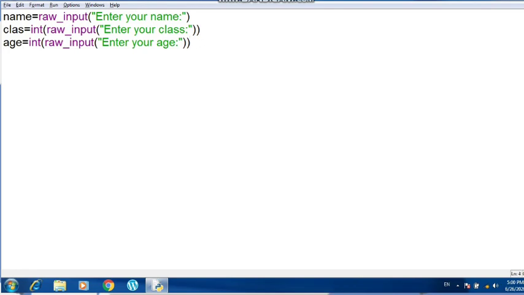Now I have to print it in the same line first of all, and then in different lines. For different lines we have to write the print statement thrice, or we can use the escape sequence \n. But for the same line, we just write print "name equal to", concatenated with name, then comma, again here "class equals to", comma class,